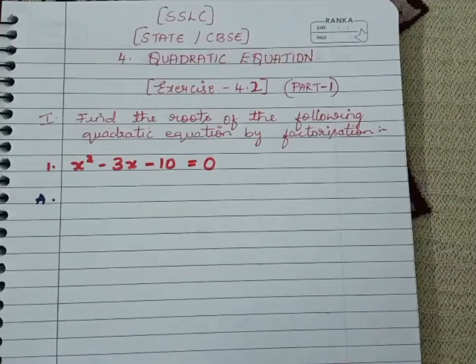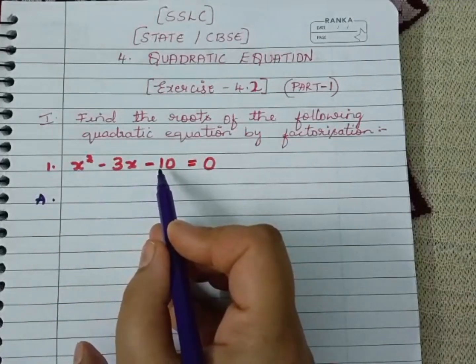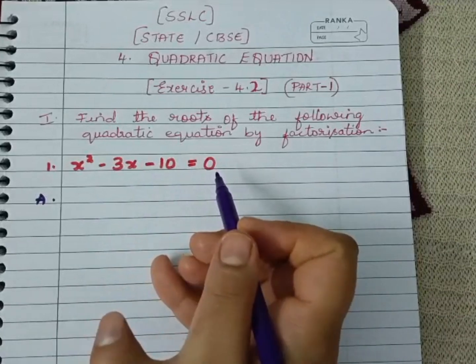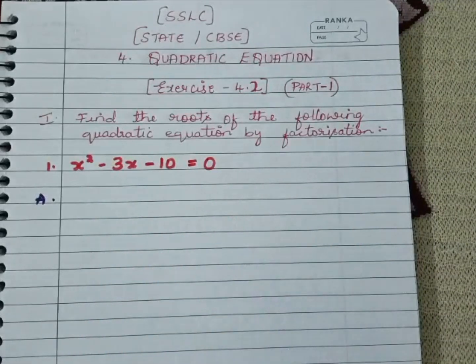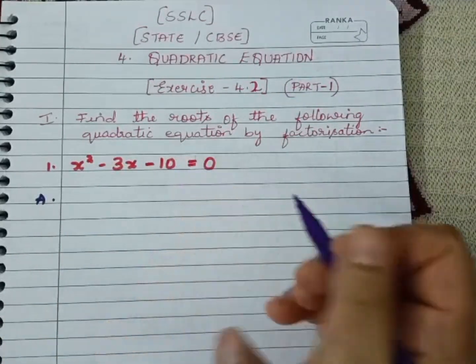So let's start it. The first sum in exercise 4.2 is: find the roots of the following quadratic equation by factorization method. The first sum is x square minus 3x minus 10 is equal to 0. So how we have to do the sum is, first we are going to multiply x square into 10. Then it becomes